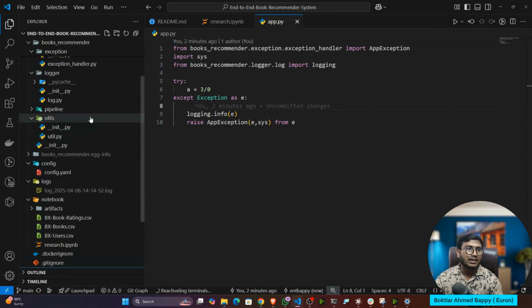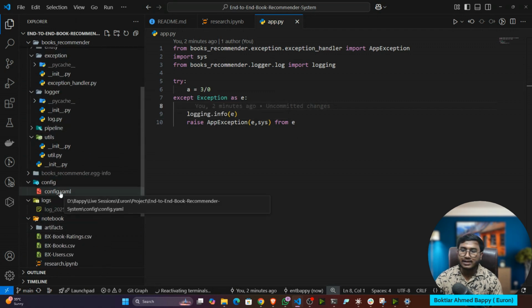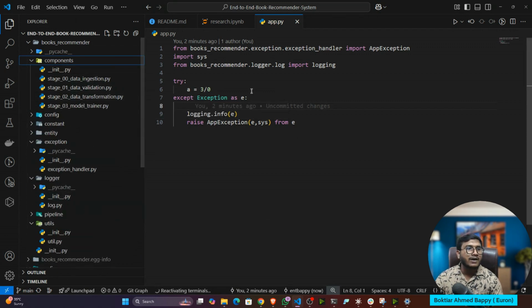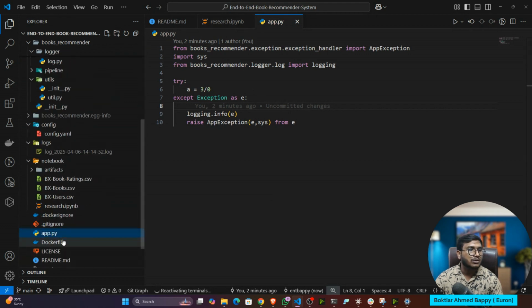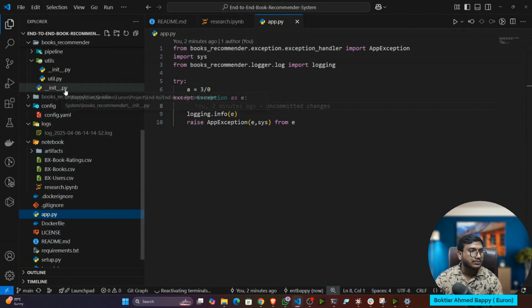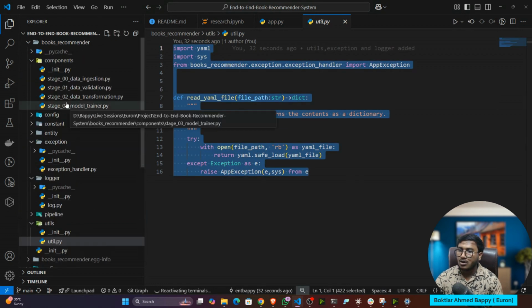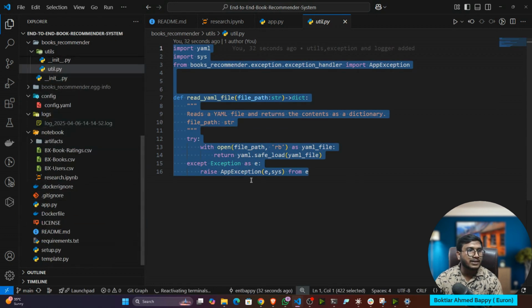Let's say I need read YAML in the data ingestion. I need read YAML in the data validation. I need read YAML in the transformation. So every time I have to read this YAML file. Do I need to write this function again and again in all the components, guys? Or I can write it in just one place and import it from there.